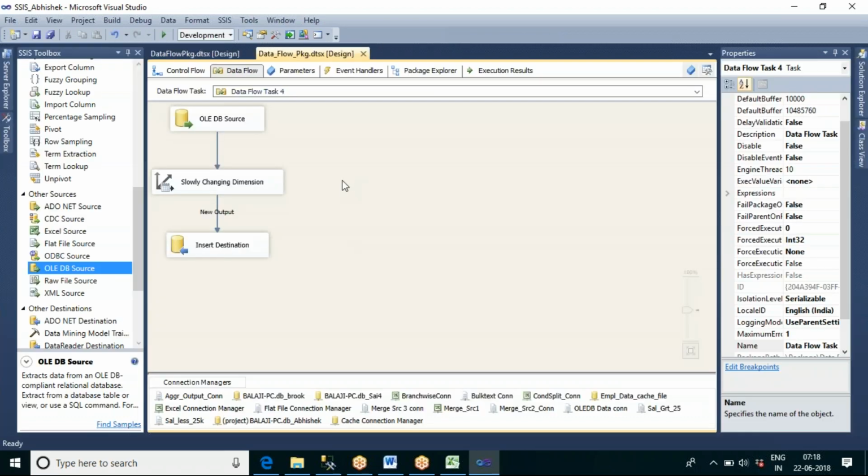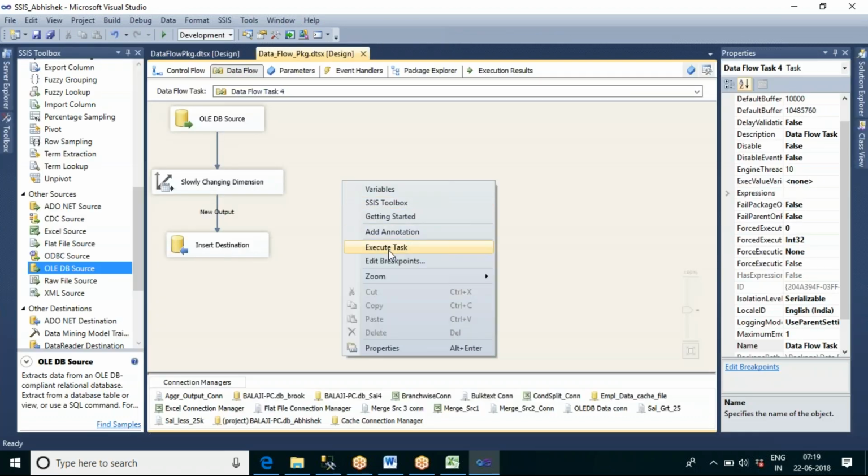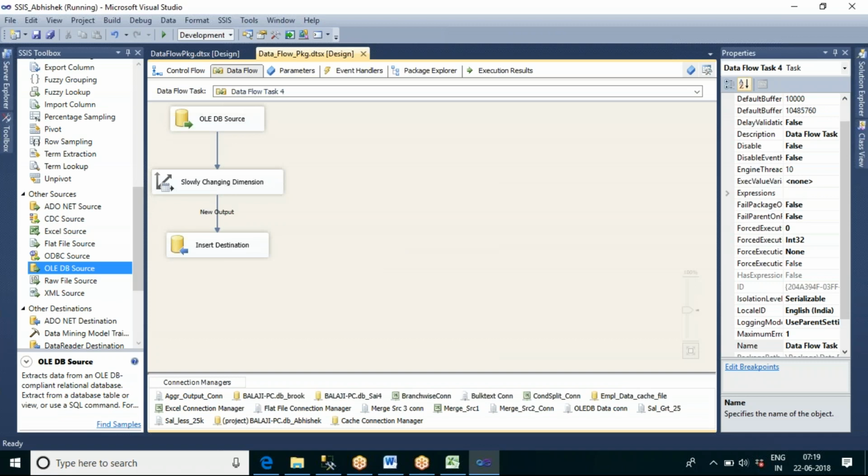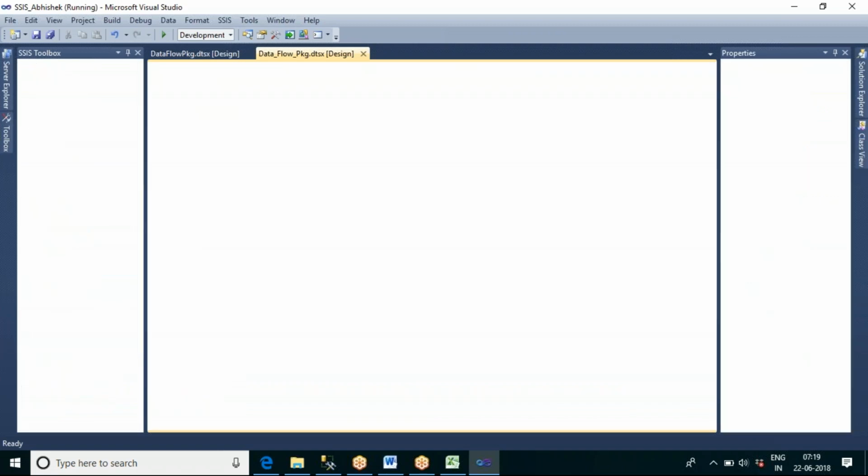So now you can go and execute this. We have done some updation, no? That updation won't get pushed into the historical table.